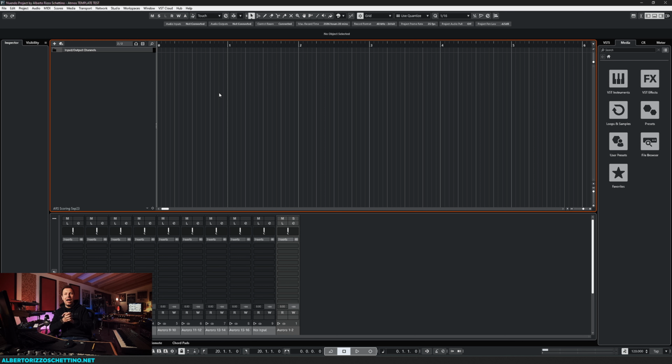So I have no idea how viable these will be. We'll introduce a couple of plugins as well that are amazing for folding down to different formats, or folding up as well, like format conversion. I don't know how many of you know Penteo. It's the most amazing plugin for upmixing and downmixing ever made for mankind. It saved my butt so many times